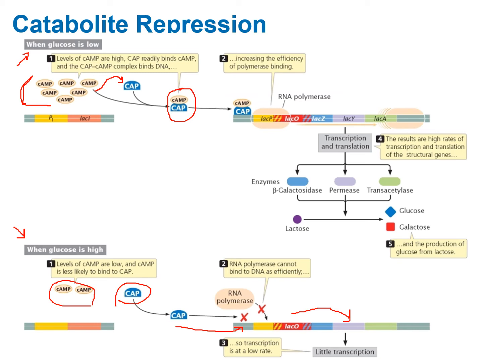And in this form, the CAP protein can bind the promoter region of this catabolite repression operon. Remember, CAP protein helps RNA polymerase bind its promoter so that transcription can occur. So that's exactly what happens. We start getting transcription